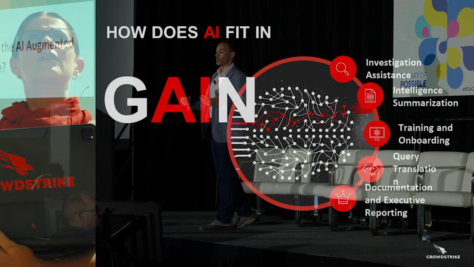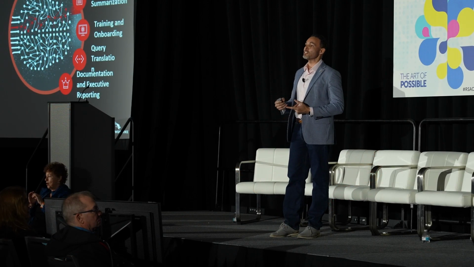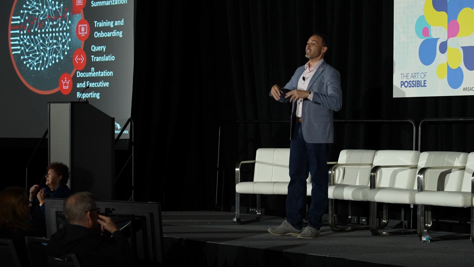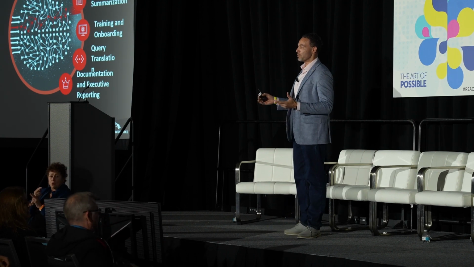So in our world, again, we're a big technology company. We're big on data. And AI, obviously, needs to be also in the hands of the defenders. So what does an AI augmented SOC look like? Well, here at CrowdStrike, we're big about investigative assistance. This is not about just saying that an AI, a large language model, is going to handle all the threats automatically. We are very big about ensuring that there's people that can leverage and use the tools that we create to empower them and get to the bottom of an answer or do root cause analysis a lot faster.